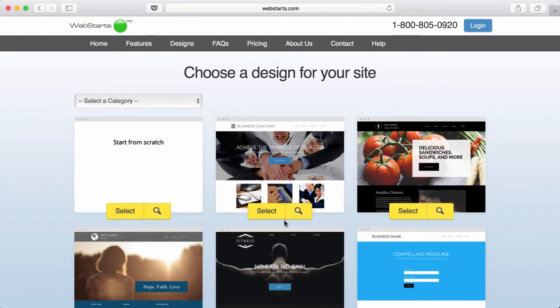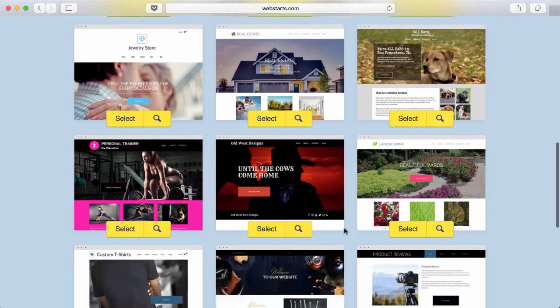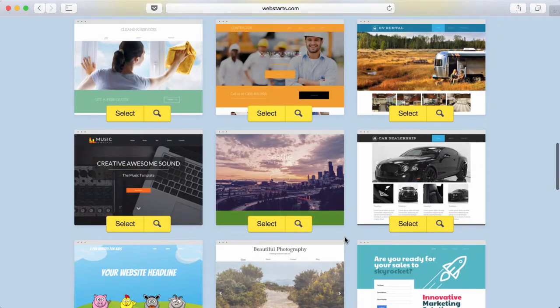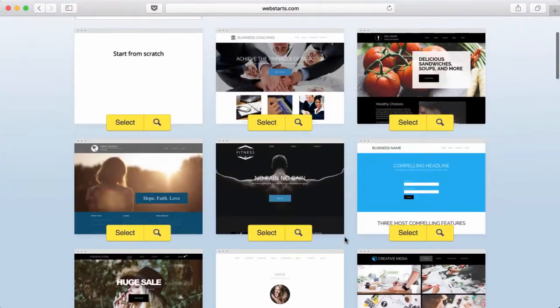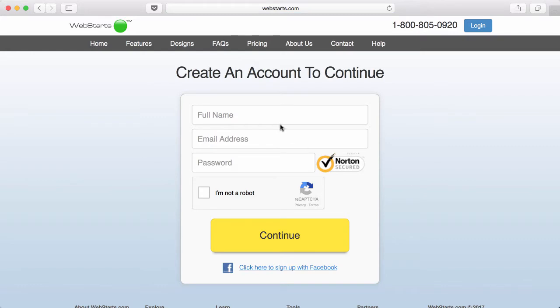It's free. And to get started, be sure to choose a template. If you choose a template that looks similar to what you want your final product to be or your final website to look like, then it will help you get there a lot faster. So I'm going to choose this one here to get started